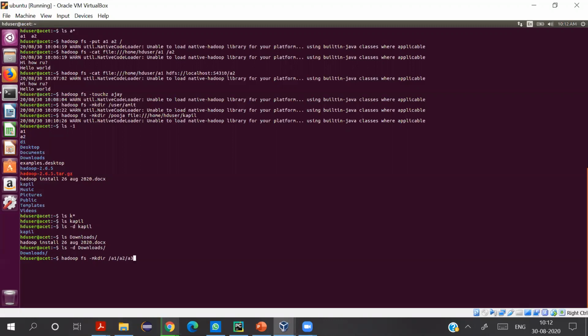So I'm trying to create a directory A3 which is below directory A2 and which is below directory A1. Normally if you run this command, it would expect that A1 and A2 have already been created and you need to create A3 like we did here. In the user folder, below that we created Amit. Okay. If I use this command, let's see whether it works or not.